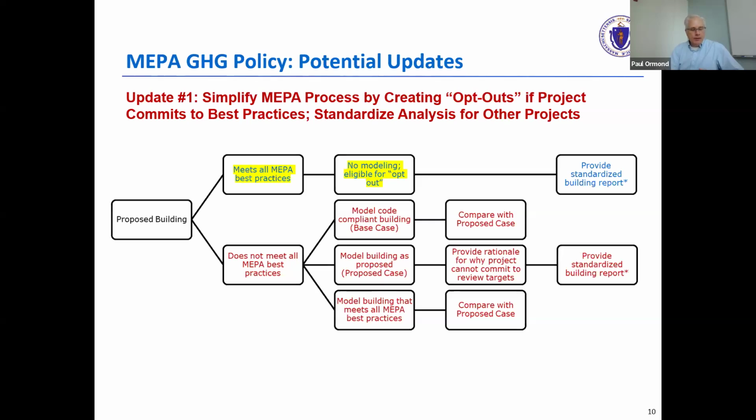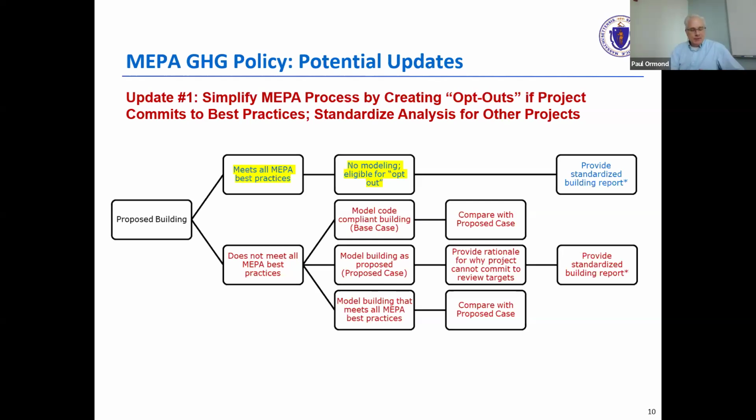So it's very clear to say that this is something that is completely optional, and a project could do this as little or as much as it likes. For example, if your project had 4 buildings, one of them could choose the opt-out like this, and the other 3 could decide not to choose the opt-out. Or you could have all of them choose the opt-out or none of them choose it.